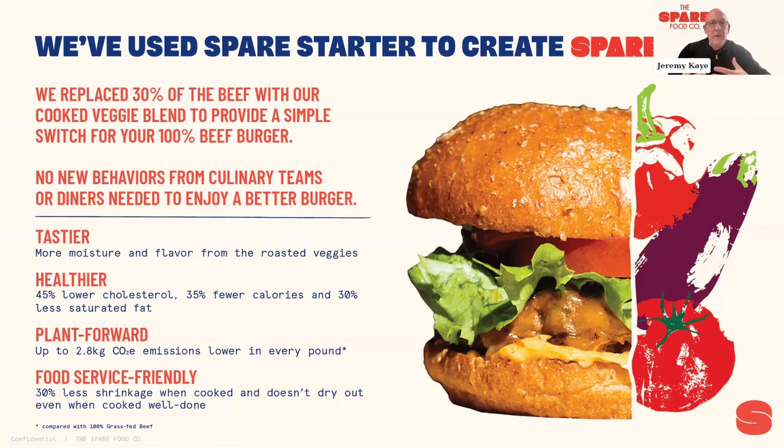And for us, what we started seeing, especially with a number of the chefs that first adopted Spare Starter, is the number one use for the product was actually to reduce the amount of animal protein and supplement that with our cooked vegetables. And that has been a revelation for everybody, so much so that they were blending their own burgers and their own ground beef with Spare Starter in their kitchens. And one of the chefs said, "Hey, couldn't you just give this to us as a pre-formed patty and a brick of bulk blend?" And within 2 months over the summer, suddenly we have a product, and it is called Spare Burger, and it truly is